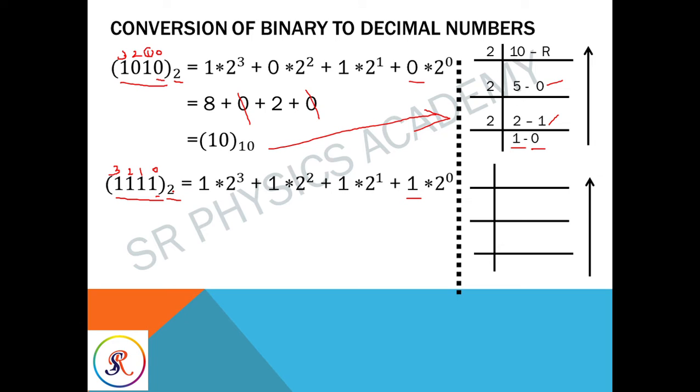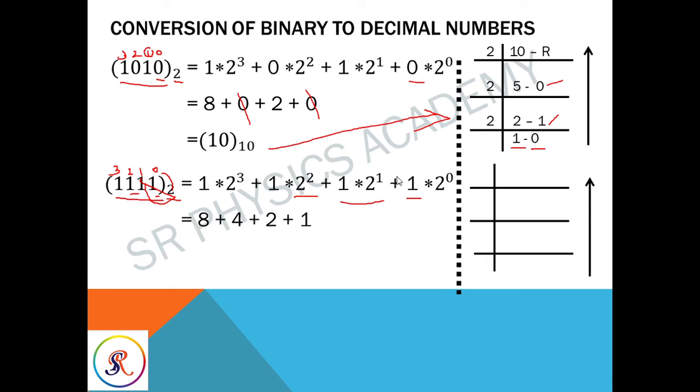Then what is the power of 2? 2 into 0 plus, because we are always writing left to right, it is more comfortable. After that again 1 into 2 power of 1. Okay, it's clear now. Third one again 1 into 2 power 2. Then the last digit 1 into 2 power 3. We know that 2 raised to 3 means 8, plus 1 into 2 power 2 is 4, 4 into 1 is 4. Then 1 into 2 power 1 means 2 into 1 is 2, plus 1 into 2 power 0